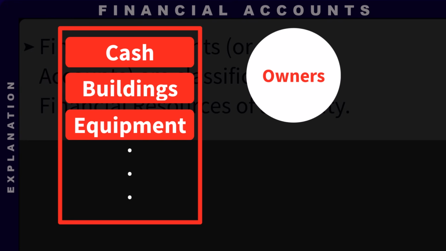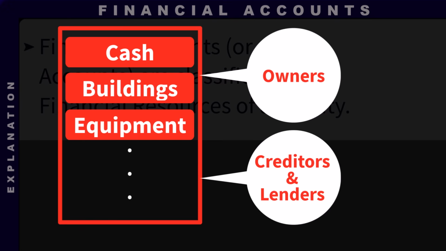The owner or owners of these properties and resources are not the only parties who have a stake in those properties and resources. Other parties also having a stake include creditors and lenders. So that means everything a company owns typically originates from different parties and so is claimed by different parties. That is, one or more owners and one or more lenders or creditors. So that is one of the reasons classifications of financial resources is needed to accurately represent how much belongs to